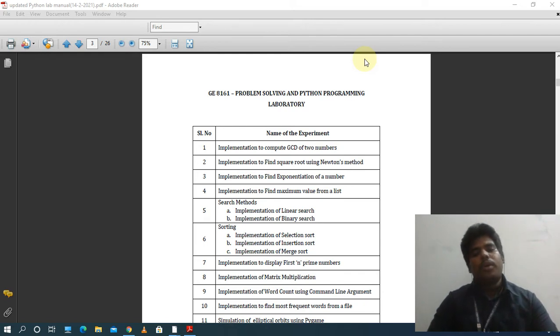So why you are learning command line arguments: till now, in all the programs, you got the inputs in the program itself, by using int input. But is it possible to give the input for the program from outside the program?